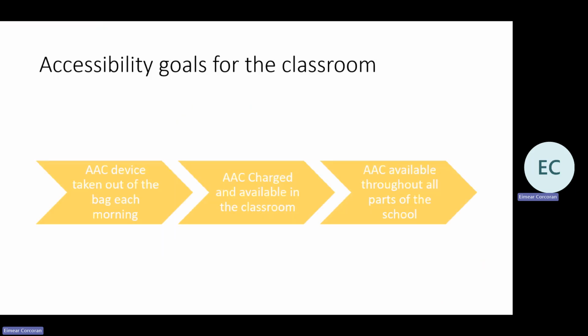Here are some examples of access goals that you might consider just to start off with. So at the individual child's level, just making sure that AAC is taken out of the bag each morning, and you're taking those steps to make sure that the child has a voice right from the beginning of the day. And making sure that the AAC is charged and available in the classroom. So again, you have that routine set up with parents to make sure that it's charged at night time